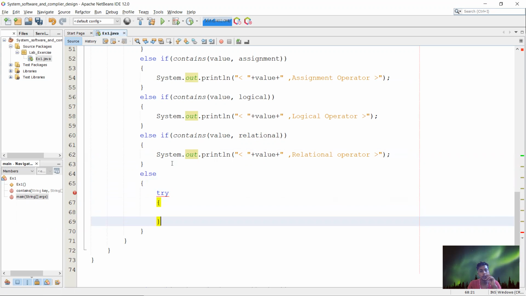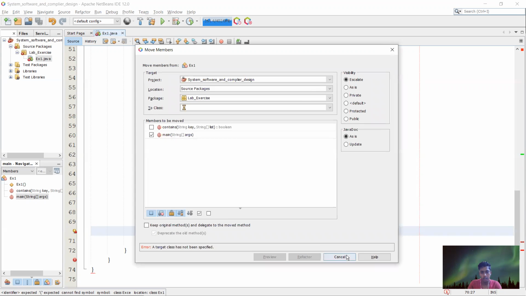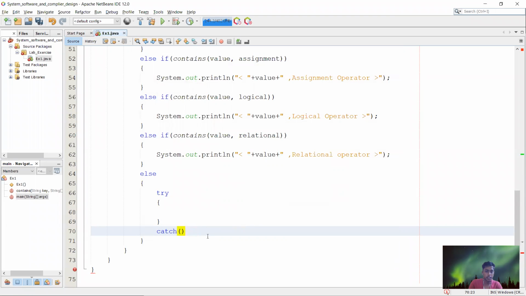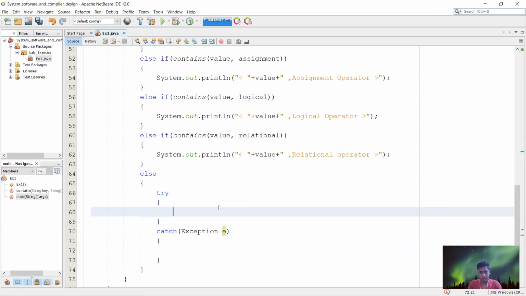For error handling, we use try and catch. If you think a particular statement will cause an error, we can use try and catch, so that we can run the program without the error being shown in the output. So it will catch the exception here. I'm making an object and I'm going to print inside that.